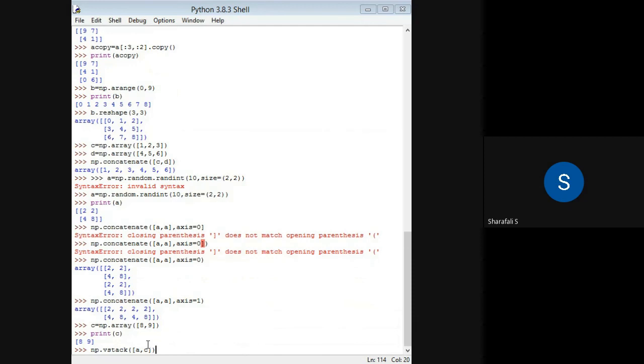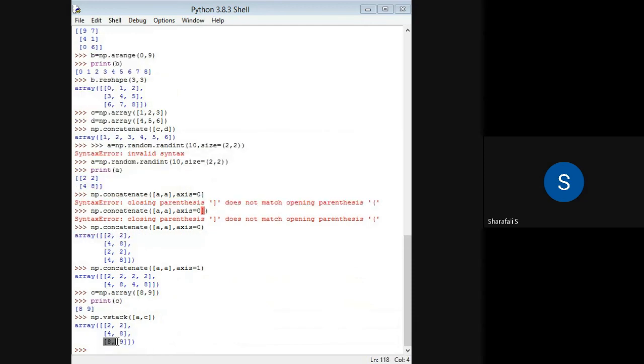Now if I press enter, you can see 8 and 9 are concatenated. This is vertical, you can see here. So the number of rows will get increased here.